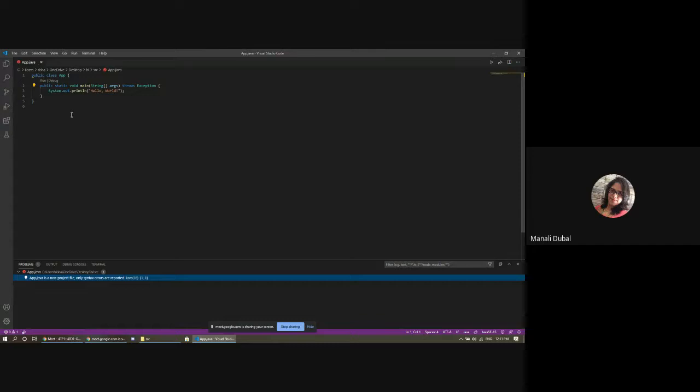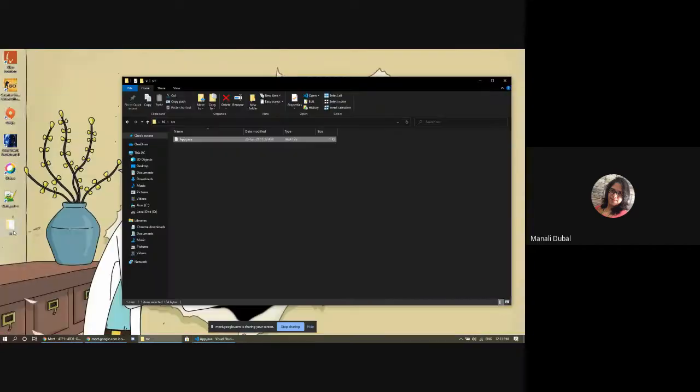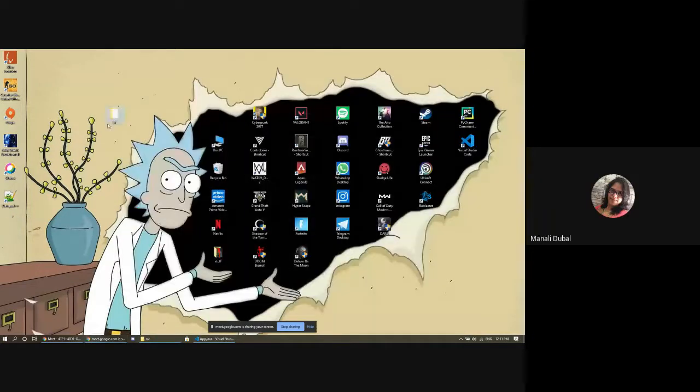The reason for the symbol is that it's a Java file. I think J is written over there, right? Oh yes, it is. That is fine. Now you are importing the whole project. Where have you created the project? Can you show it to me inside bin, right? No, this is a project on the desktop. Okay. Now what all files are there inside it? Can you show it to me?